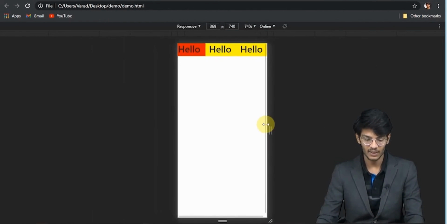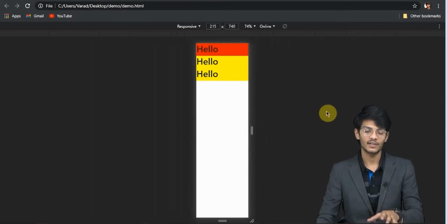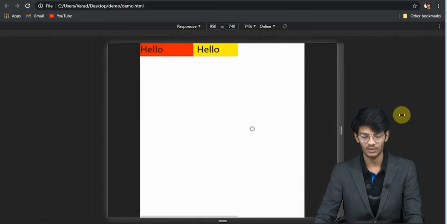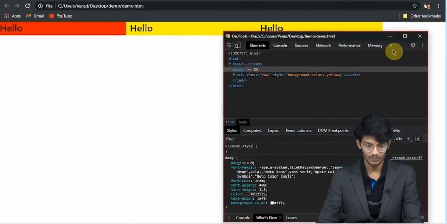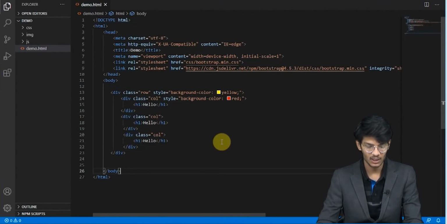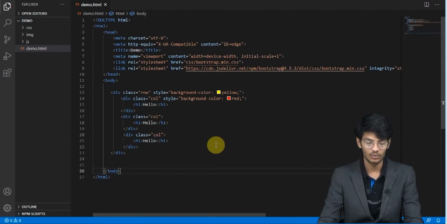So what happened is the columns which we defined are responsive, and in Bootstrap if we reduce the size of the screen, they will arrange themselves accordingly. So this was for the responsiveness, but there are many other grid classes which we can use.